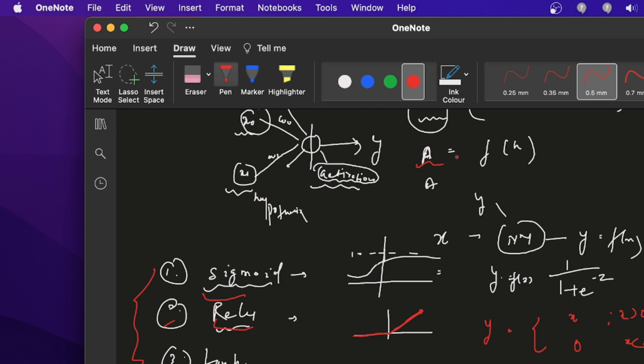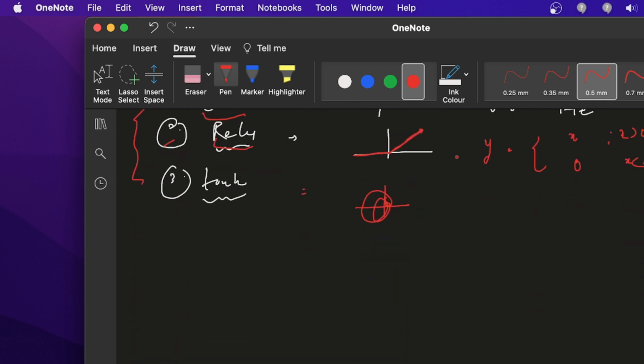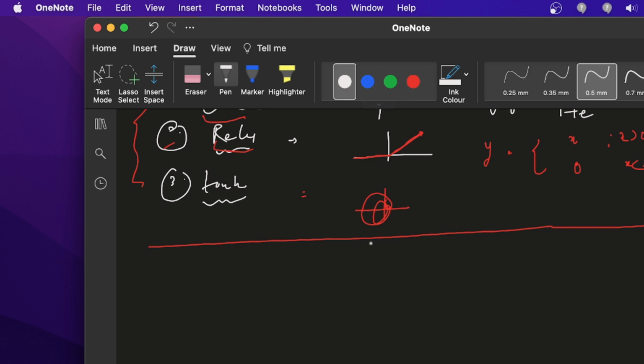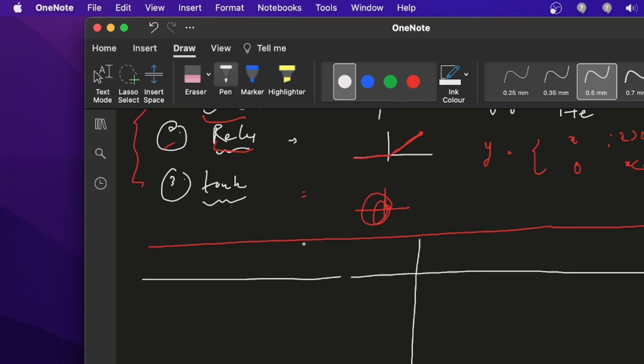Okay, so now let's understand with a simple example. Suppose you are going to create a neural network and you have two tasks. One neural network is for classification and one network is for regression. So how can we solve these two problems with a neural network? So this part is the regression. This part is like classification.